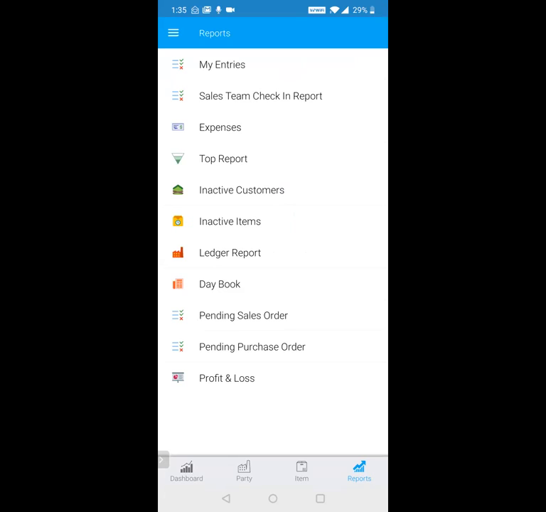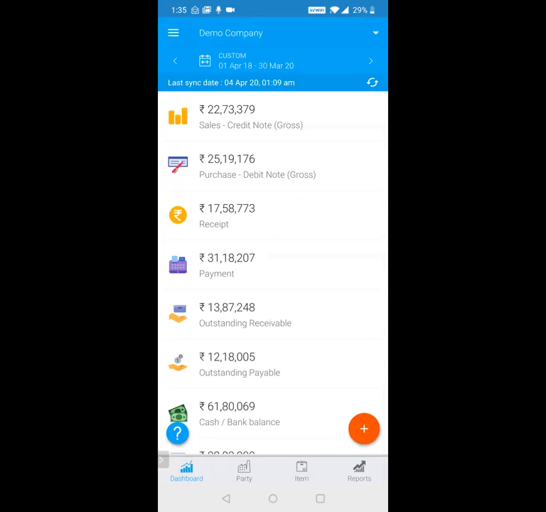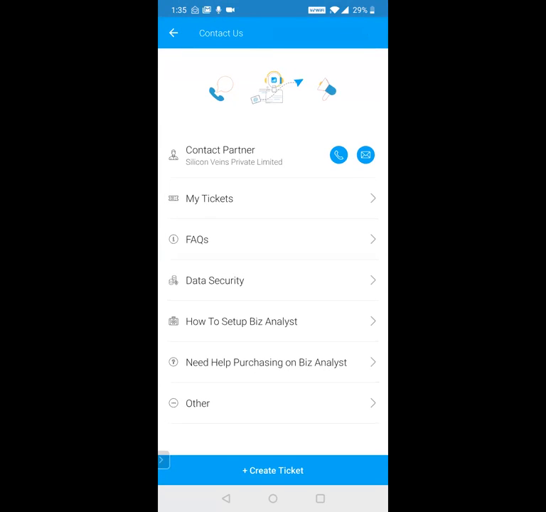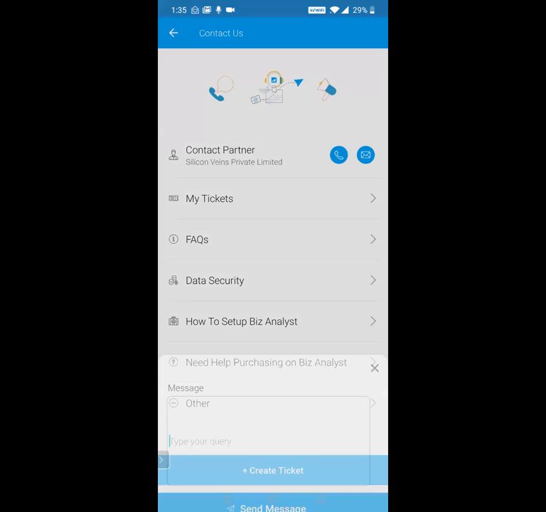And last, I'll quickly show how you get help from the application. So you click on this question mark, there's a help button. If you need help, you can call your respective Tally partner from whom you have purchased. So there's a call button. You can email your Tally partner. You can create a ticket from here. There's a create button here. So as soon as you create a ticket, immediately